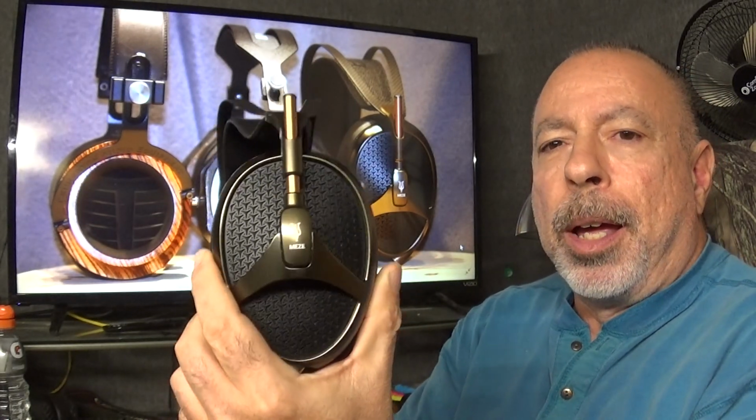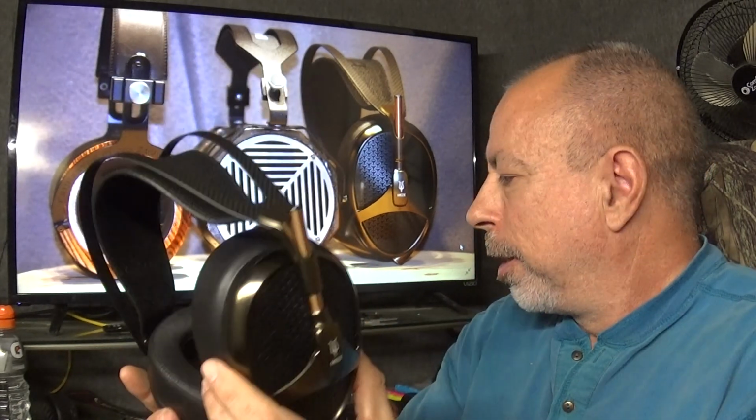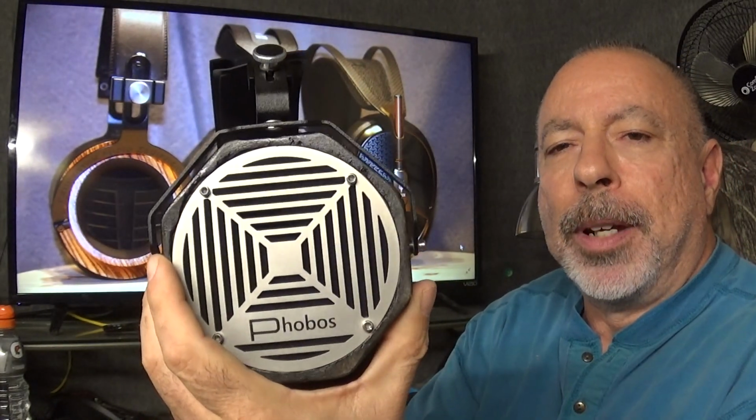flagship headphones. These are from Meze, Erzetich, and Kennerton, and all three of these headphones are over-the-ear, full-size, planar magnetic designs. And like I said, these are all company flagship headphones. We'll start with the Meze Empyrean, which is made in Romania and currently sells for $2,999. Second, we have the Erzetich Phobos, which is made in Slovenia, and this headphone currently sells for